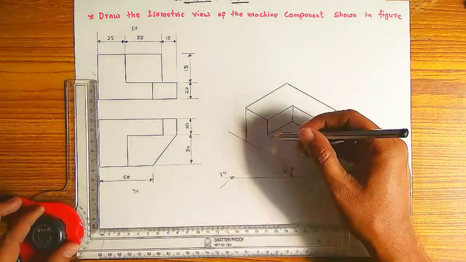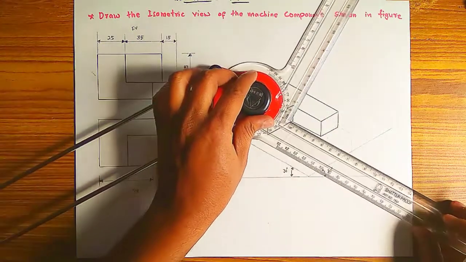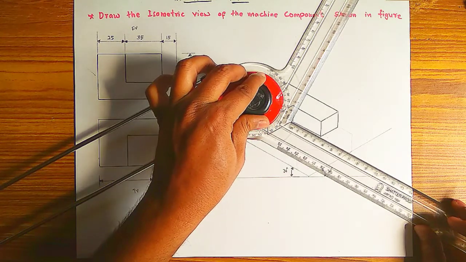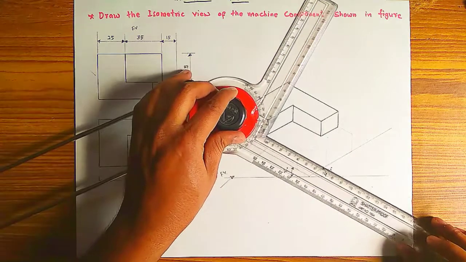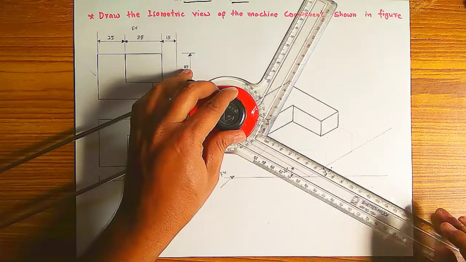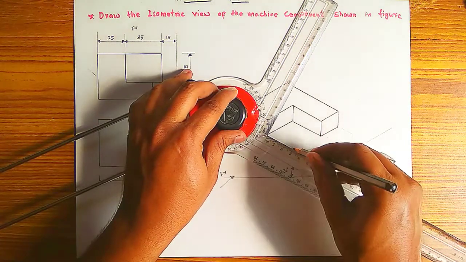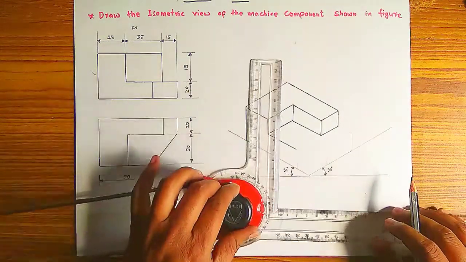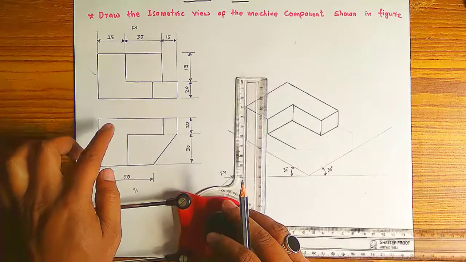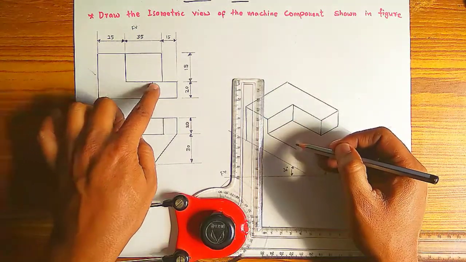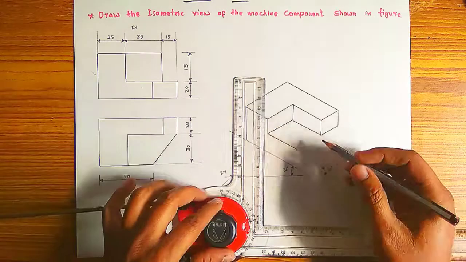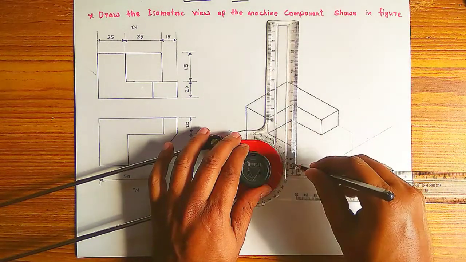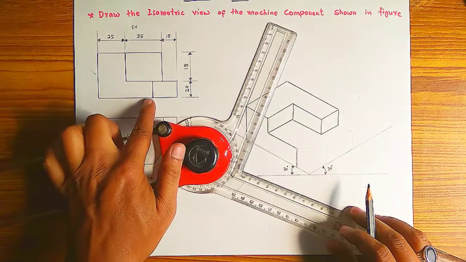Then after that you have to take this distance also. How much is it? 3.3, I think. So draw that 3.3 also from here, like this. It should be parallel to this angle only. Which line have we drawn? This is the front view line, and this line is 20 mm. So draw that 20 mm line straight. Automatically we will get this line.